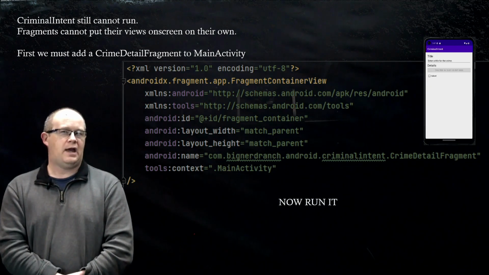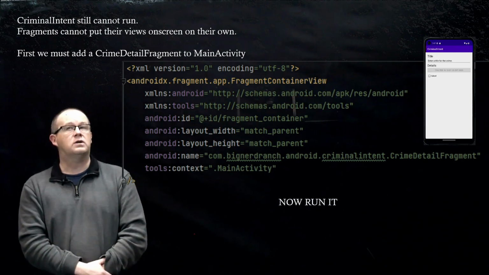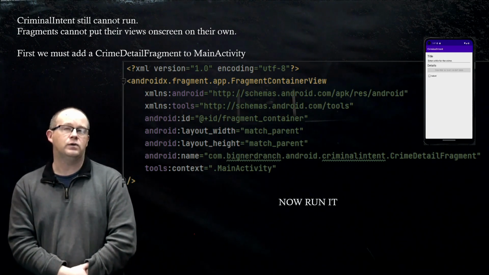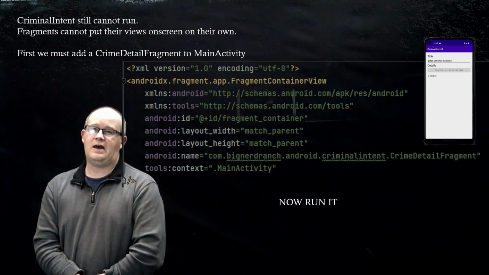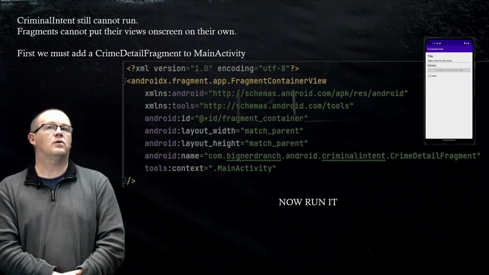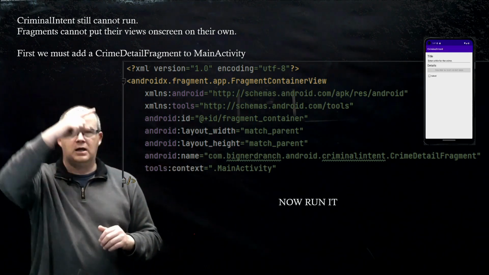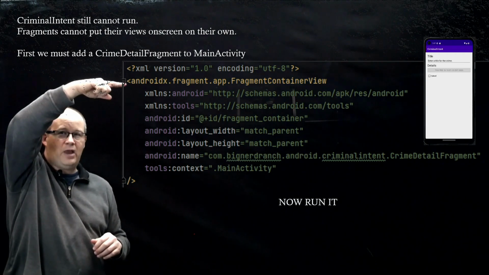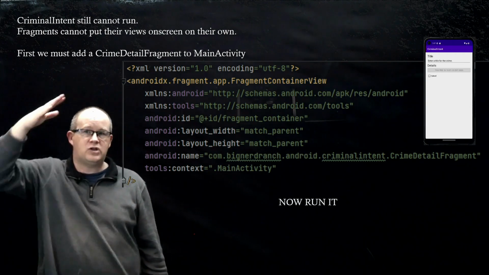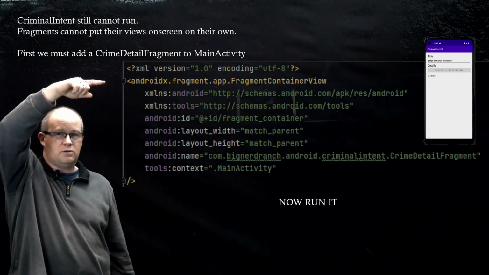We have the fragment all ready to go, but we still cannot run the application because a fragment cannot show its own view. So we are going to have the main activity host the fragment. The first thing we're going to do is go into activity_main. Notice the top line, which by default is a constraint layout, and so far we've been changing that to a linear layout. But here we are going to put in the line